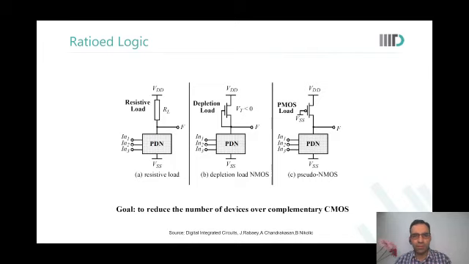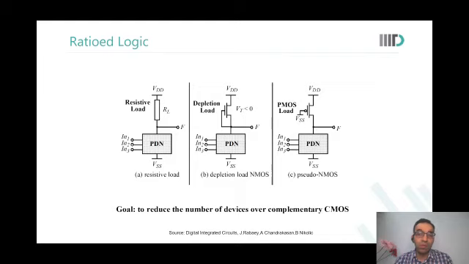Are you able to see this? In a 2-input NAND gate, how many devices do we have? Four devices. In a 2-input NOR gate, how many do we have? 4 only, sir. Again 4. So at least 2n devices are there in static CMOS. And what about the size of NMOS and PMOS there? In the NOR gate, the PMOS size is 4 times that of the NMOS size. In a 2-input NAND gate, the PMOS size is equivalent to the NMOS size.